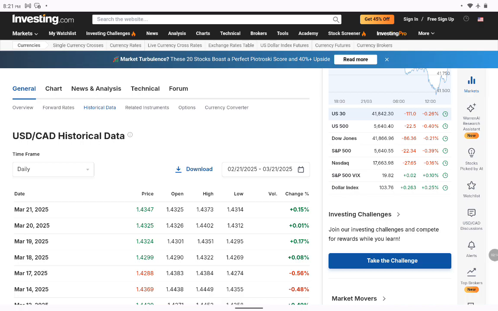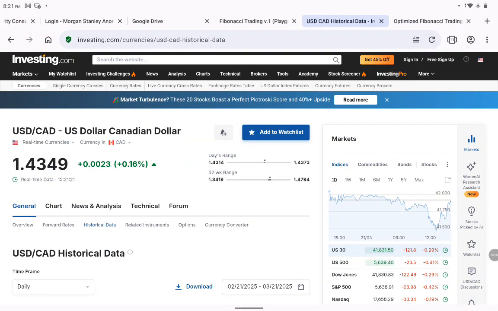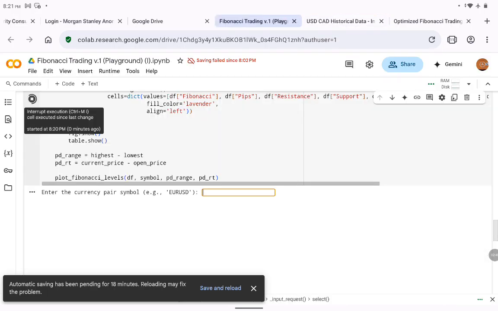1.4325, high is 1.4373, and low is 1.4314, and the current price is 1.4349. So I'll go back to Fibonacci chain version 1,